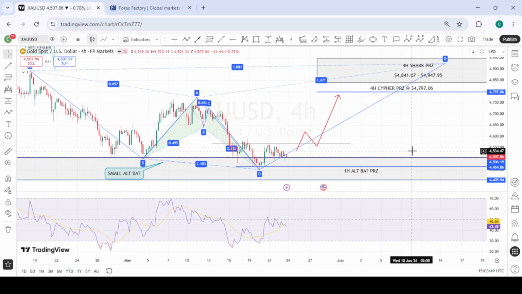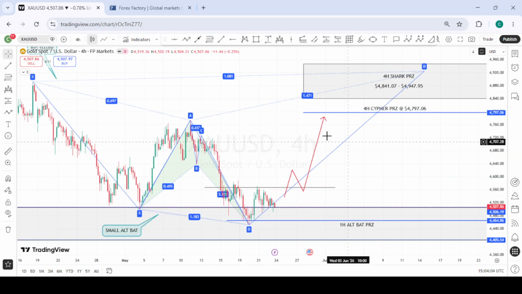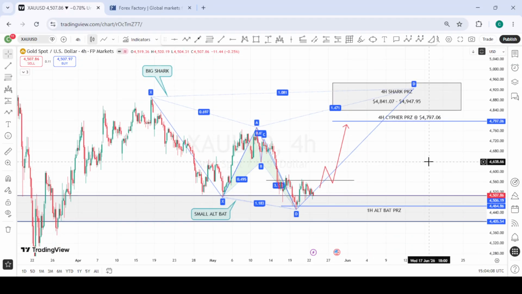And if you bring the RSI, you realize that we have a lower low, a lower high, a lower low, but we have a higher low, a higher high, and a higher low formation, which is like a divergent view of what is happening here. And price is also currently reacting from an area of interest as well. So we just have to be patient to see how price reacts from here.